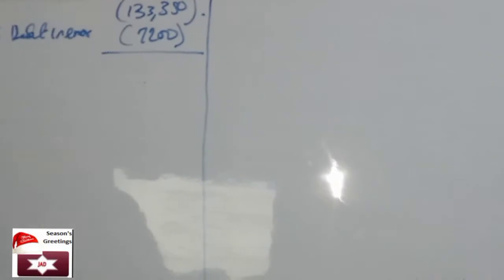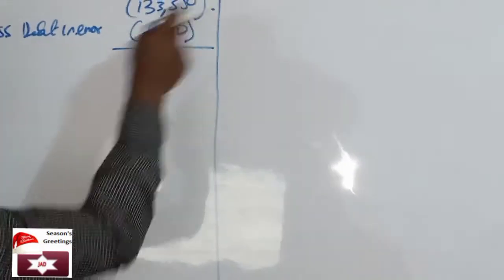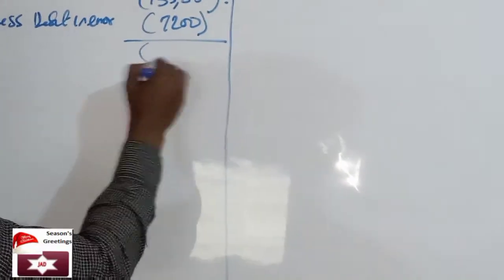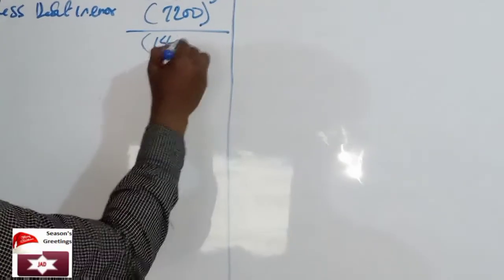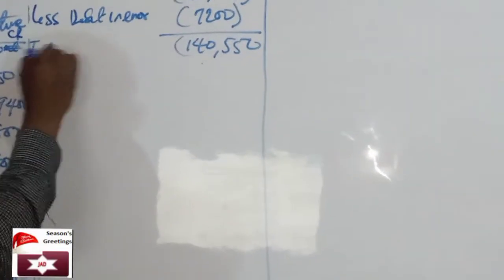So what I have here is 133,350 minus 150 minus 7,200. That will be minus 140,550. Okay, so this is the tentative